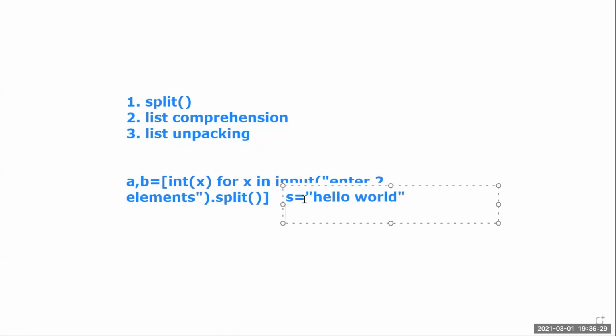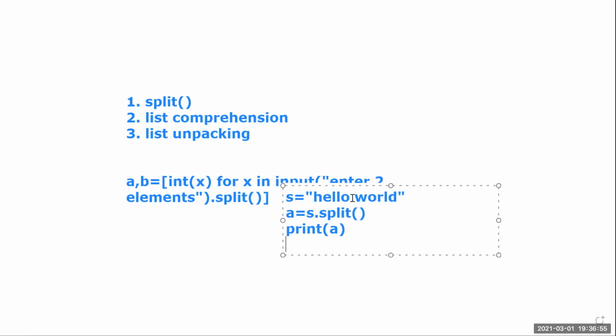If I say A is equal to S dot split, and you print the value of A now, what will this function do? S is my reference variable, which is a reference to this string. On this string, I am going to apply this function.